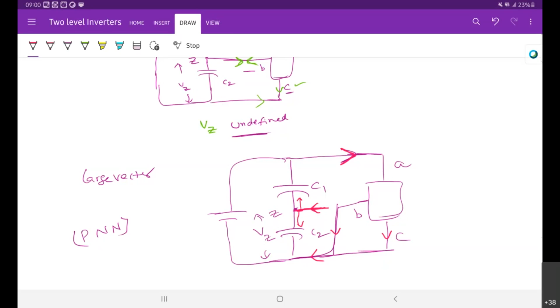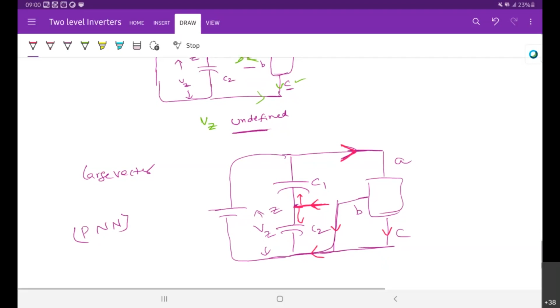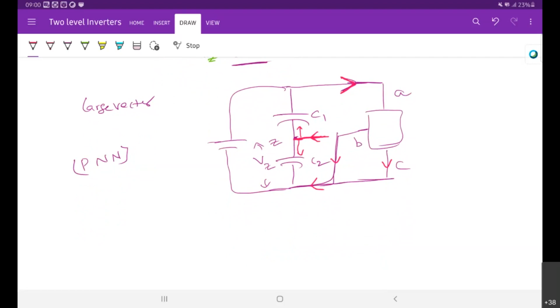problem will occur, right? The two capacitors are connected in series, so both are feeding the load. So in that case, there is no chance of the neutral point voltage being affected. Both are simultaneously charging or simultaneously discharging. If the current is negative, both capacitors are simultaneously discharging. So in this case, there is no effect on